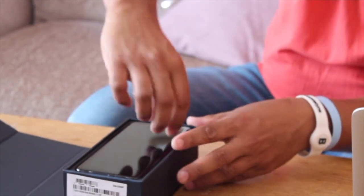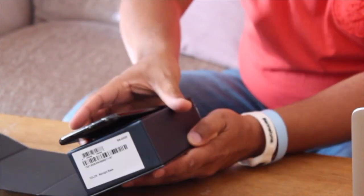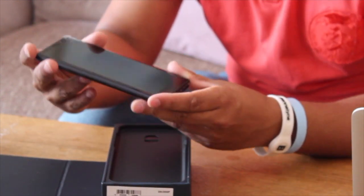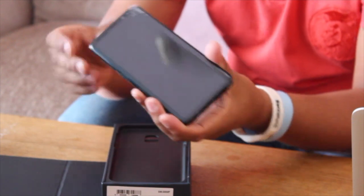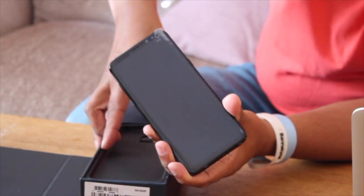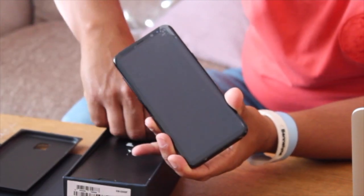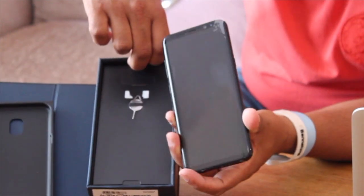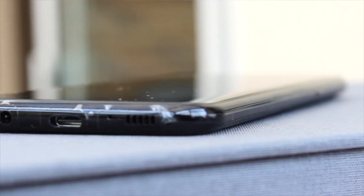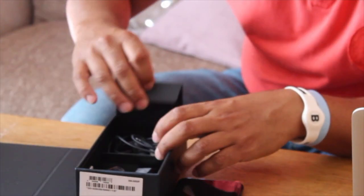I have already started this up, as you can imagine, as I do this demo a couple of days in advance. Here's my phone, and you can see it's a lovely finish. Within the box, you've got the various things inside. You've got your phone, and some manuals, which I don't think anybody reads these days, but they're there. And then in here you've got these